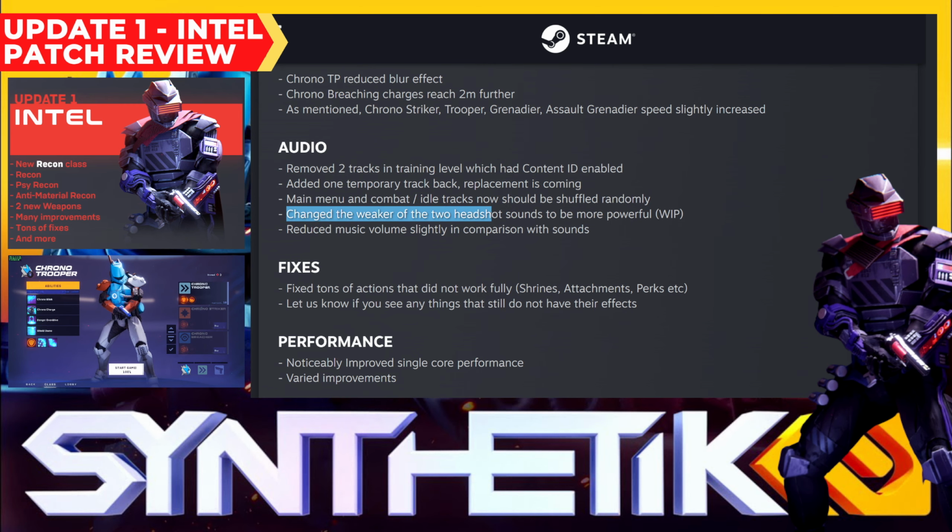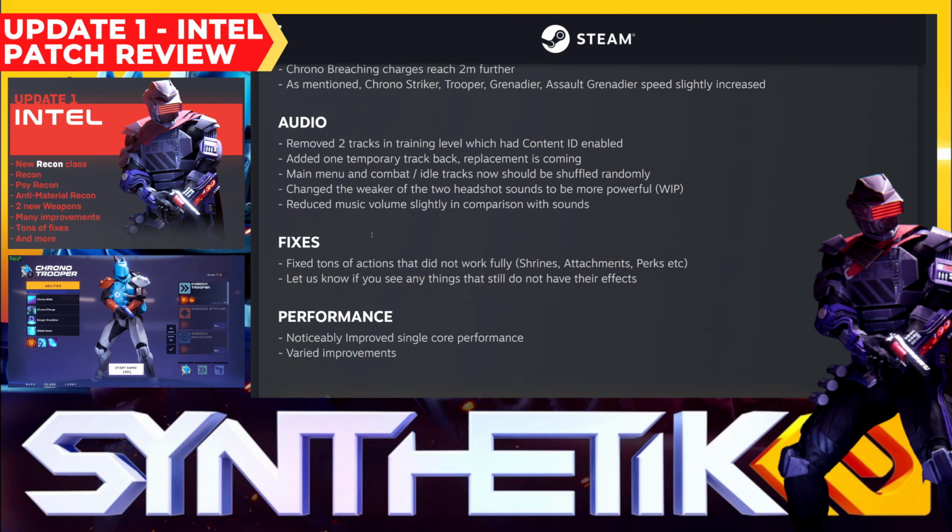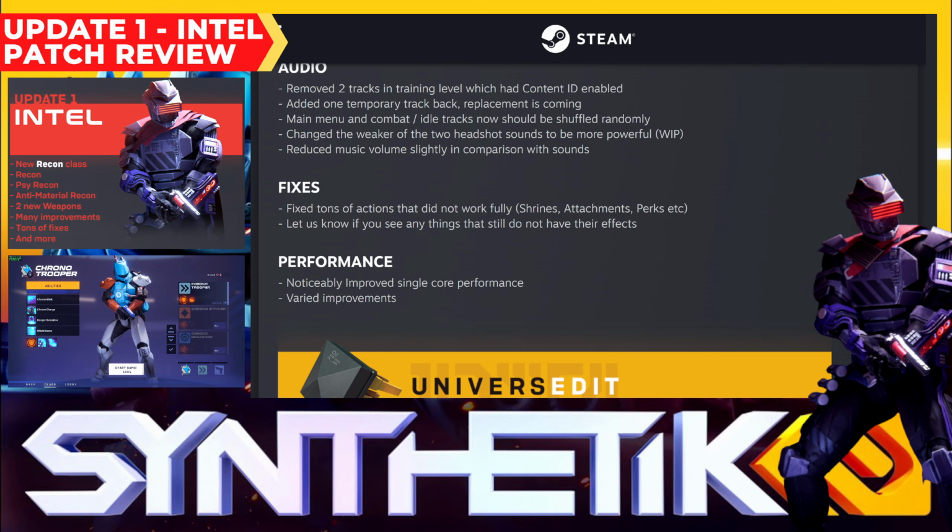They also changed the weaker of the 2 headshot sounds to be more powerful. Nothing too exciting over there. Around fixes, they say they fixed a ton of actions that did not work fully. Shrines, attachments, perks. Again, guys, it'd be really useful if you would provide a list of items, shrines, attachments, perks